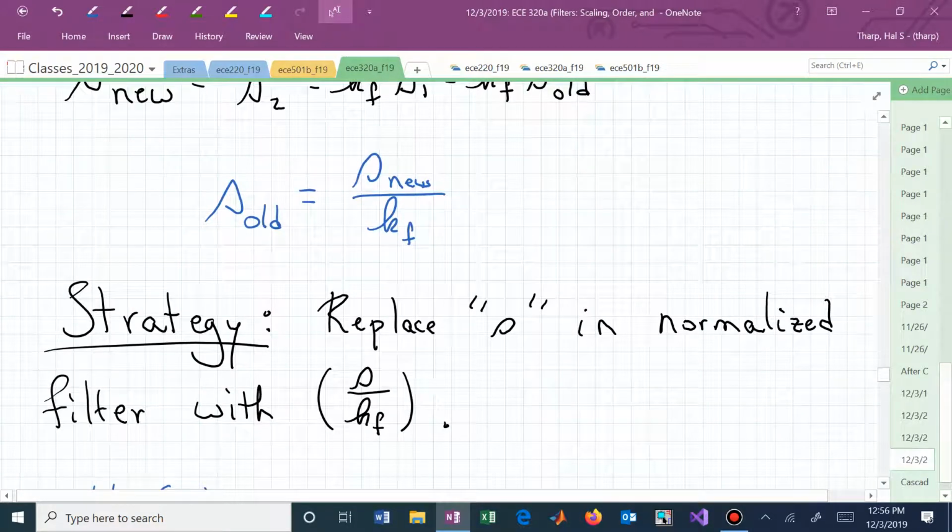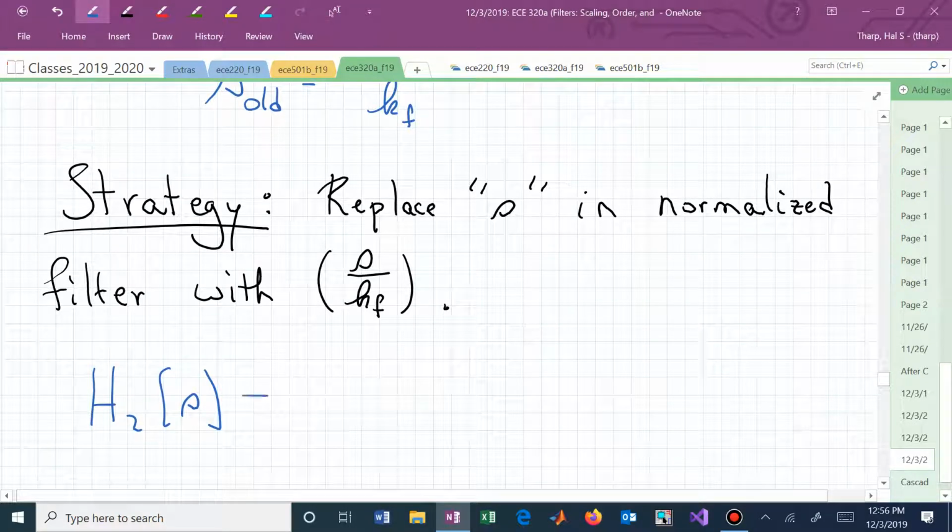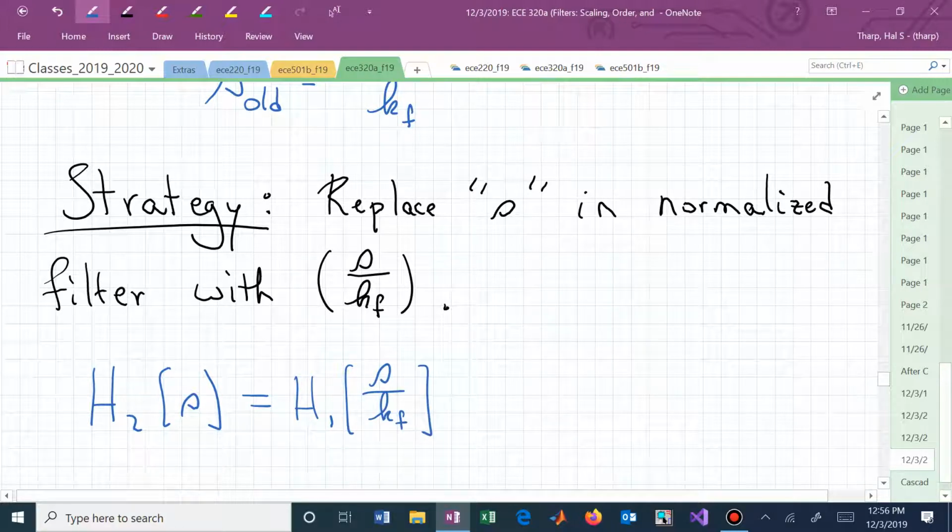So we replace S in our normalized filter with S over K sub f to produce H sub 2. So now we're looking at H sub 1, and now we say, oh, this is S over K sub f. Do you see how I've just neglected subscripting the S's? Because we usually don't subscript our S's, but now H of S, or H sub 2, is associated with the new frequency, S sub 2, and H sub 1 is associated with the old frequency,